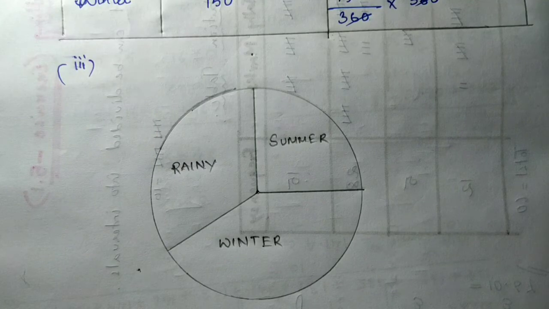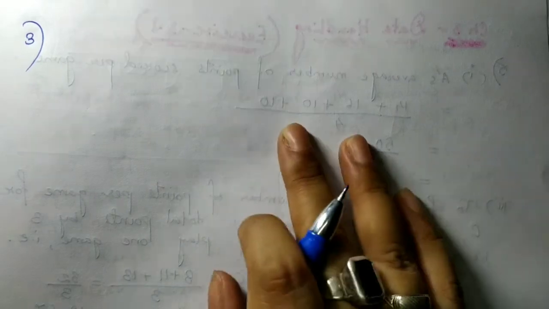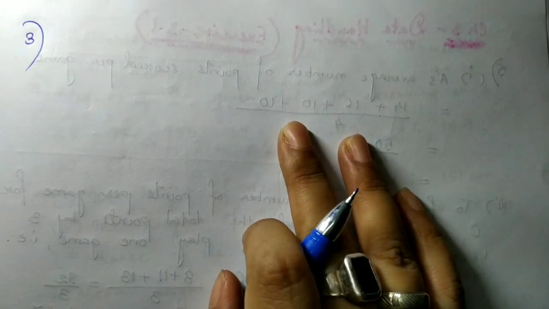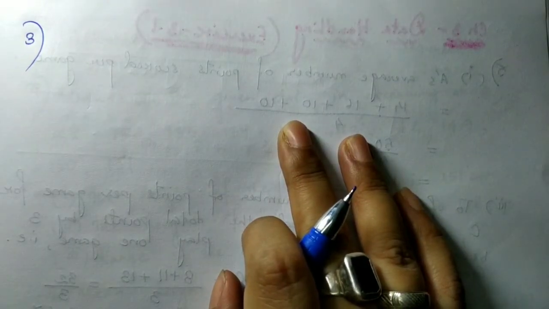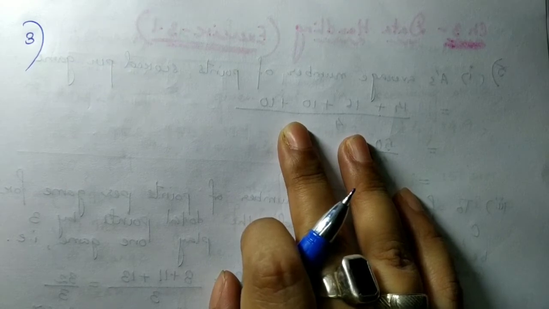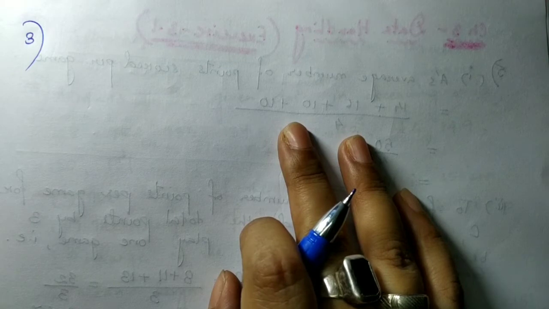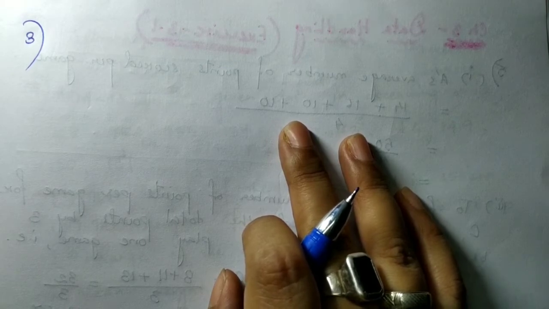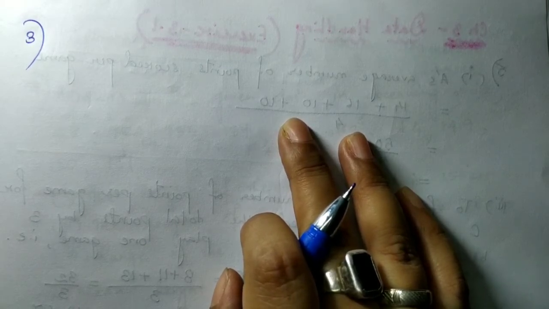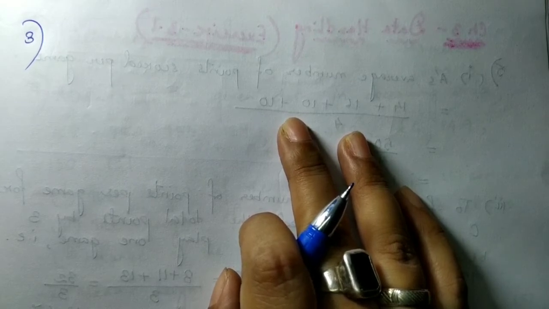Okay, so let us do number 3 now. Let us read the question of 3. Draw a pie chart showing the following information. The table shows the color preferred by a group of people. You can see a table given, color is given, and number of people is given, and total is given at the end. In the last row it's given total is equal to 36. If it is not given also, you can just add all the number of people and find it out. It's very easy to do it that way.